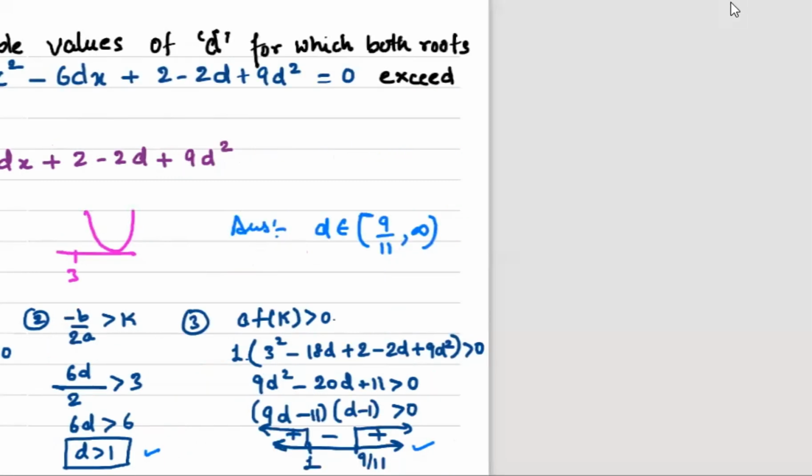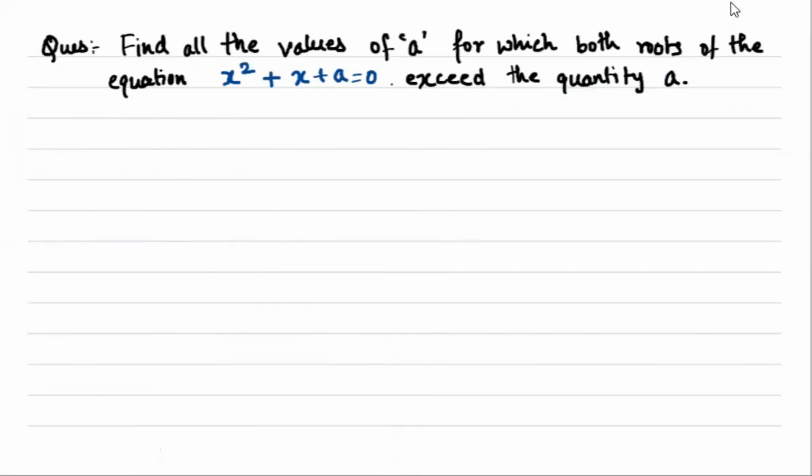Now let's do one more question based on this. So we have the next question. It says find all the values of A for which both roots of the equation exceed the quantity A. So again, following the same concept,